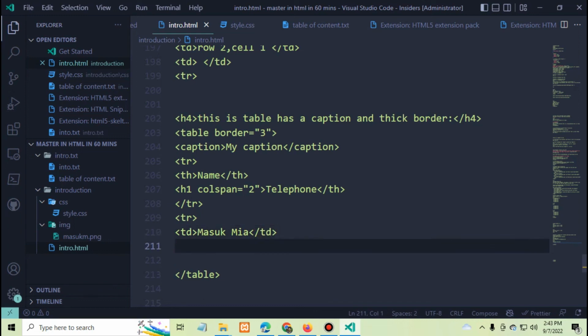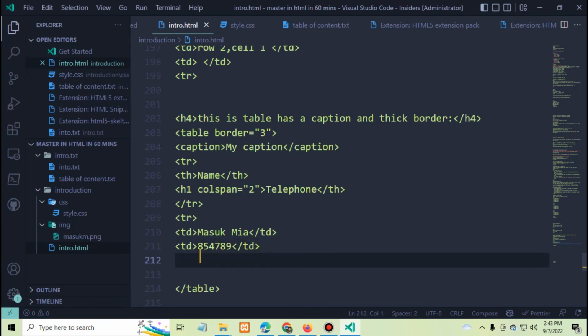Now inside of this here I'm going to define this another td, then role, closing tag. So inside of this td, then I'm going to define this another number. Okay, closing tag td,